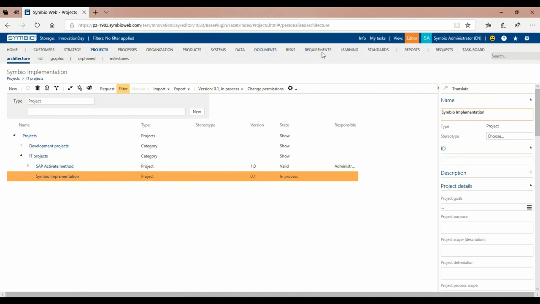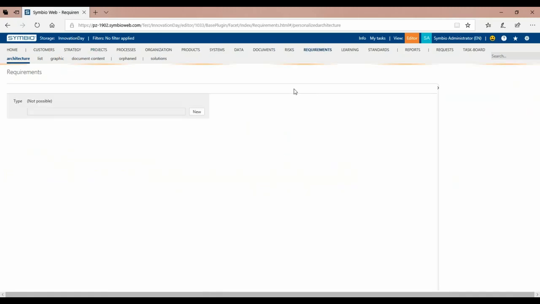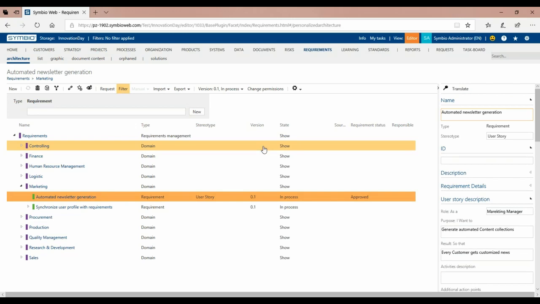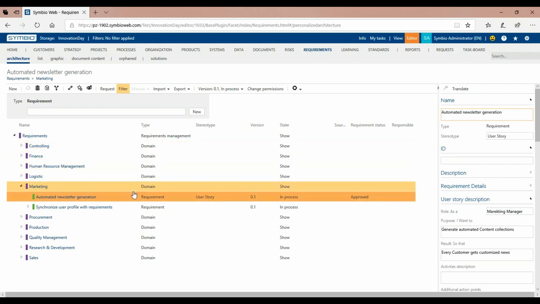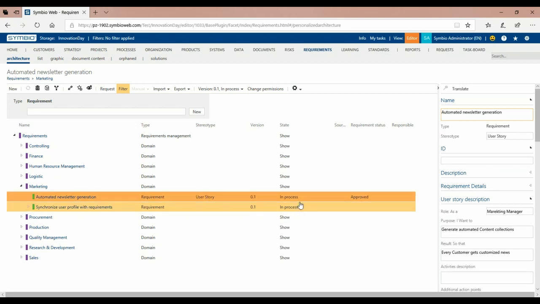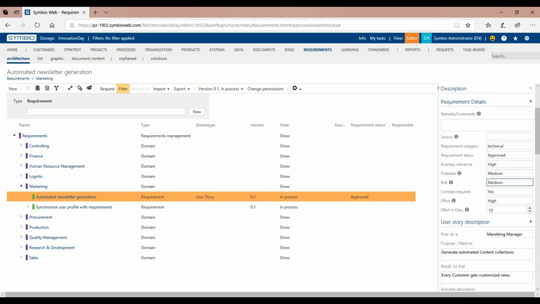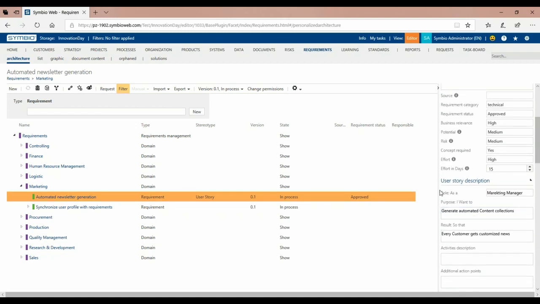So next to the project, we also enhance the requirements. Here, Etienne and Francois will later tell you a little bit more about how to work with requirements in Jira. But what is new in Symbio now is that you can also structure the requirements below requirements. We transferred the stereotypes to the requirement details, and you can now also add some user story